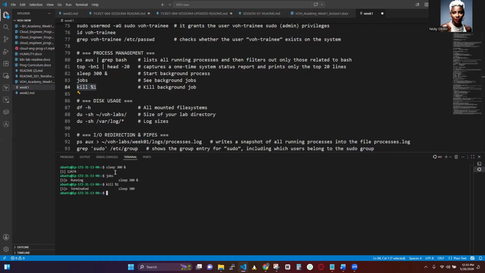So one job again, not showing us anything. Why? Because we killed the process using this command right here. Okay. So the next